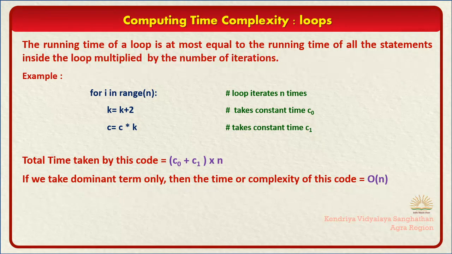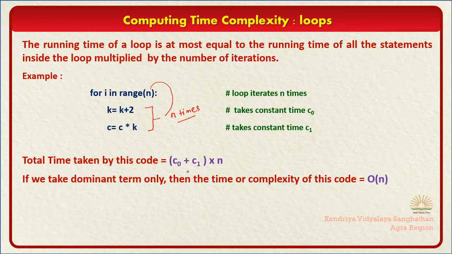Now, how to calculate the complexity of loops? The running time of a loop is at most equal to the running time of all the statements inside the loop multiplied by the number of iterations. So if a loop has multiple statements inside it, whatever time these statements take, we will multiply this time by n, as they will all be repeated n times. So in the case of a loop, the complexity of the loop will be n if the loop is running for